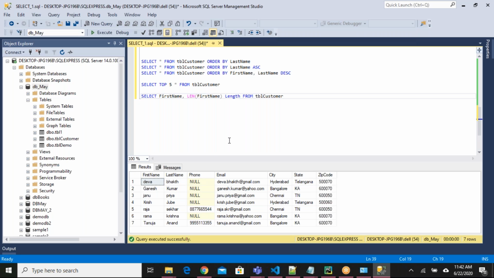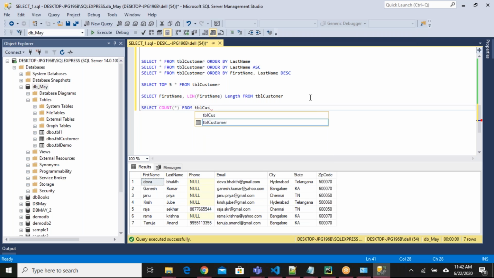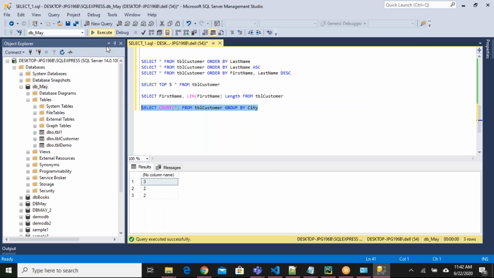And we can have some aggregations also like this, like select count star from TBL customer group by city, for example. So I can get, let me say, city also.